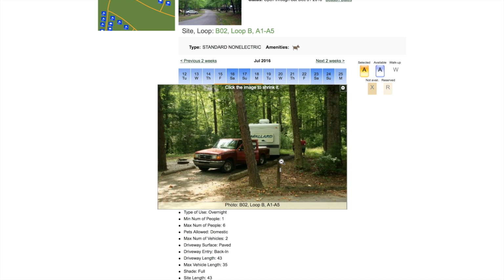Sometimes they'll put lantern poles out there, so make sure there's not a lantern pole that's going to get in the way. I mean, there could be a lantern pole over to the side, and you got a slide that comes out. You know, that's not going to work for you. So just a little tip there when you're looking at these sites that you might be able to get a little bit bigger